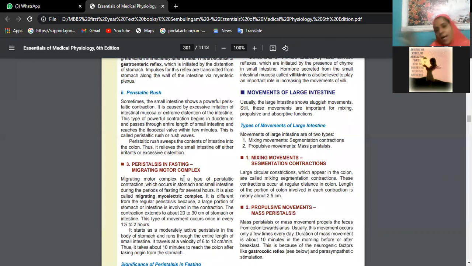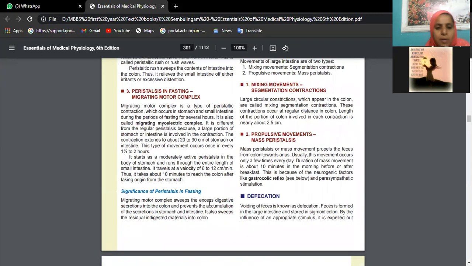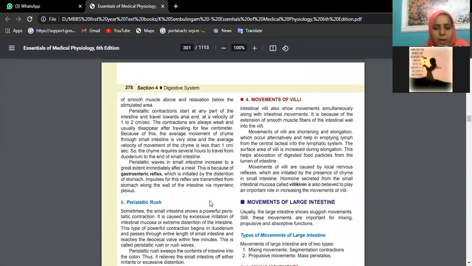Though we do not eat sometimes, suppose when we are fasting, despite that, you will see as our skeletal muscle is always in partial state of contraction, that is muscle tone. Similarly, these are smooth muscles, right? So the GIT is also always contracting, irrespective of food. That is, slow waves of contractions are always recorded even when we are not eating. That's what is peristalsis in fasting. May not be so fast, but you will find.